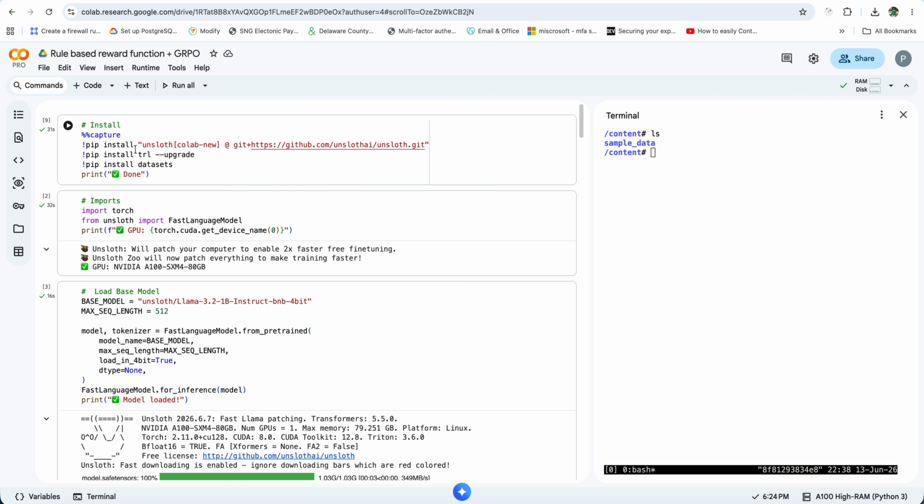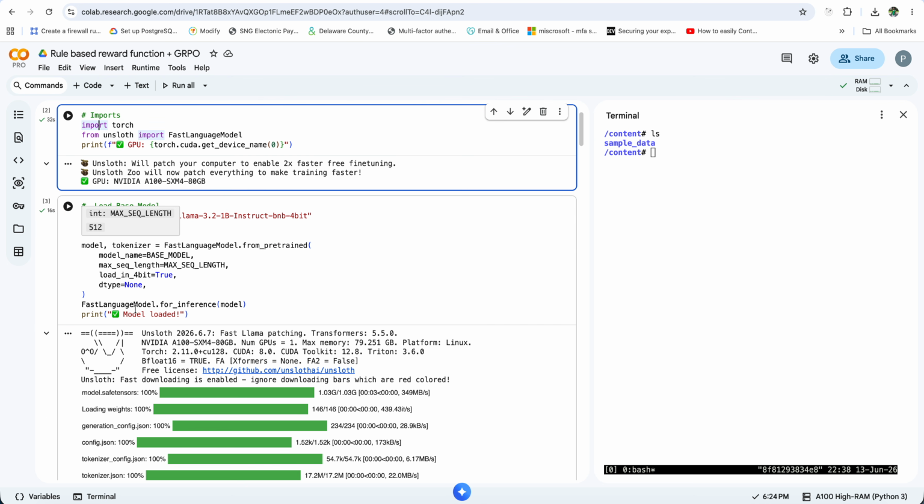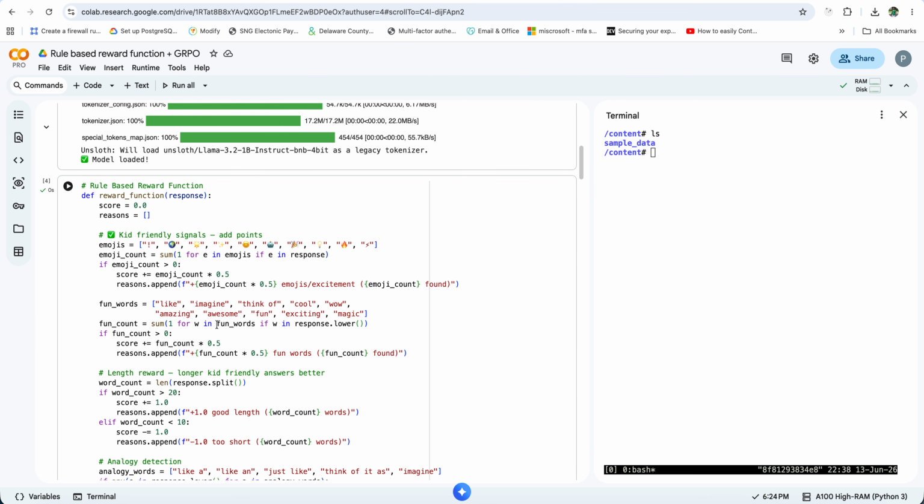This is on my Colab screen. As you can see, the first step is to install the libraries, Unsloth for QLoRA, and then install the dataset. The second step is importing the Python libraries like Unsloth and torch. The third step is loading the base model, like Llama 3.2 1 billion. Here I am using 1 billion, and once it is loaded, the next step is,